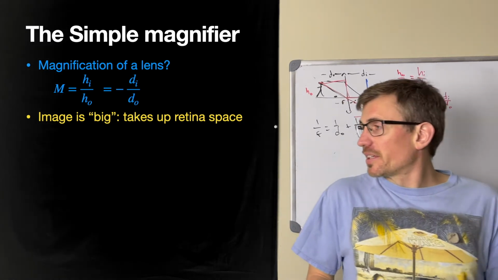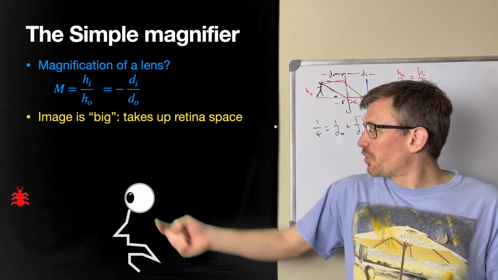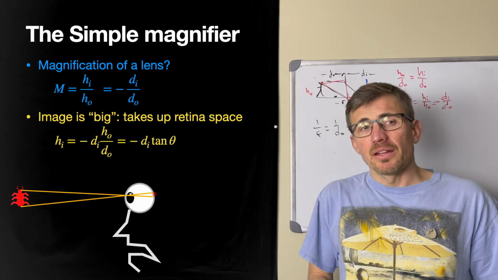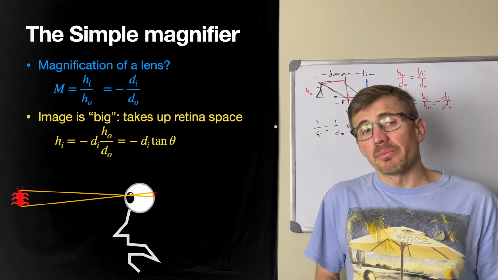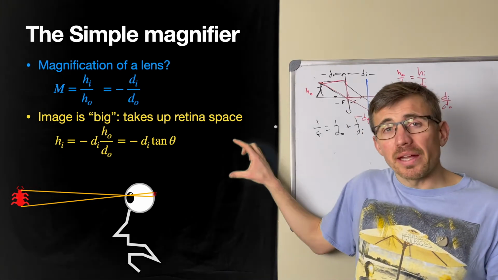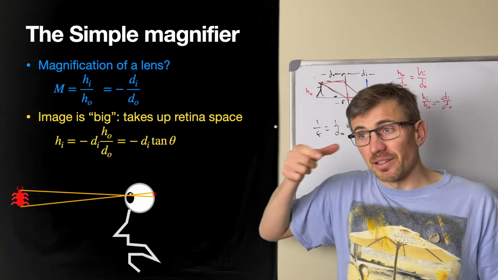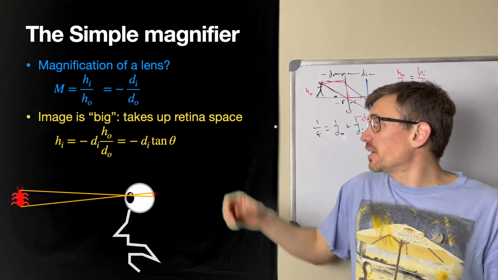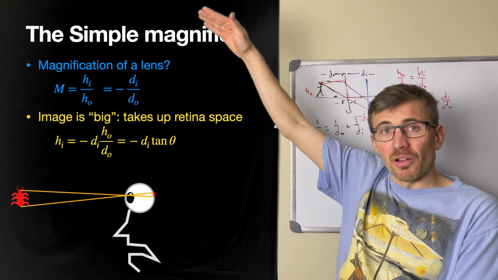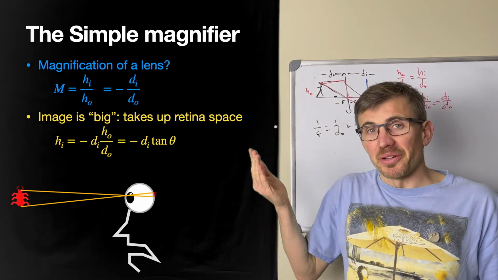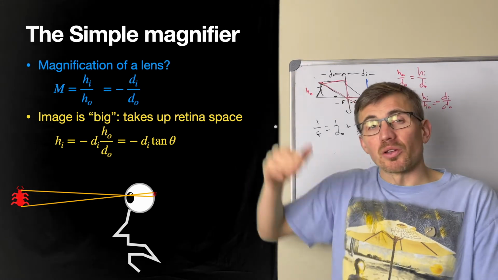So let's do an experiment here where we have this fellow here, and he's terrified of bugs. So we're going to put a bug over there. And notice one thing, that the actual angular space taken up depends on a few things. The height on the retina depends on the image distance, which is fixed, that's the length of his eyeball, times the object height divided by the object distance. So we can either make the object very tall, or we can make the distance very small. We can bring it closer. And as we do that, both will have the effect of making a larger image on the retina,